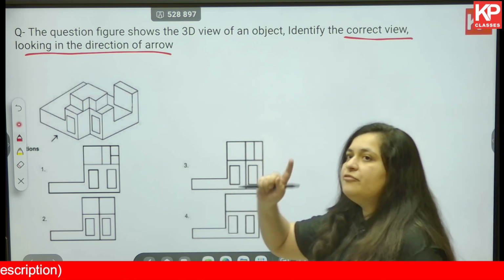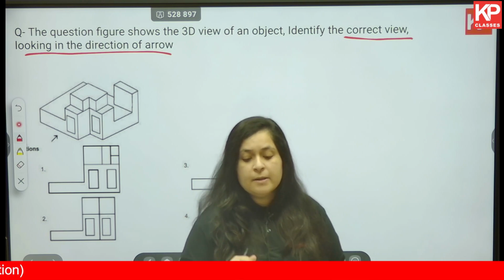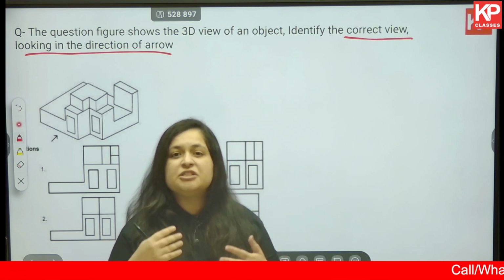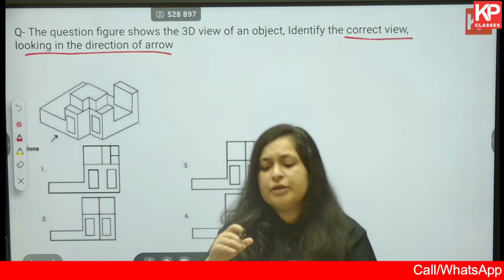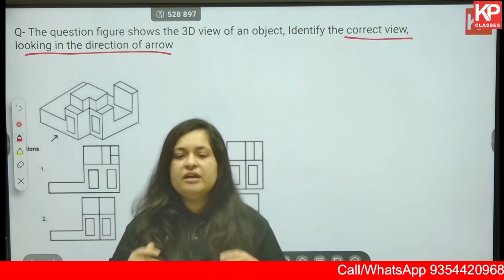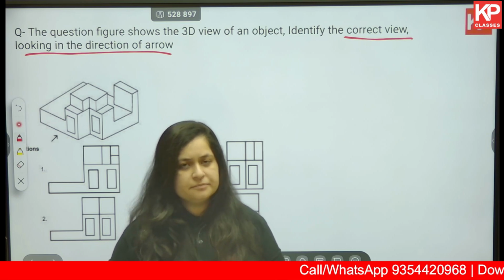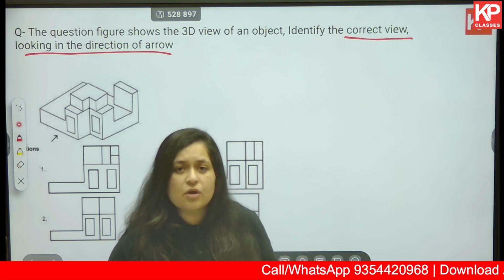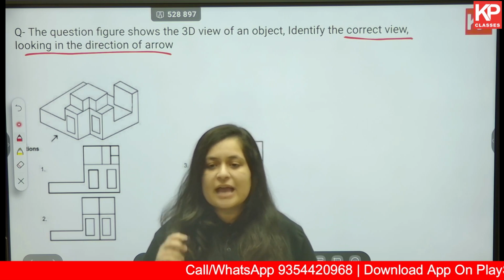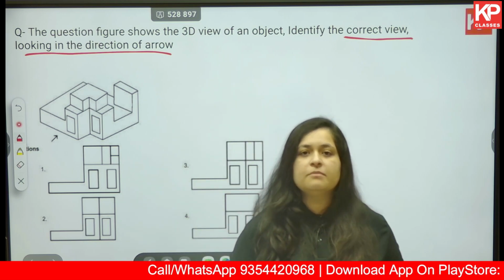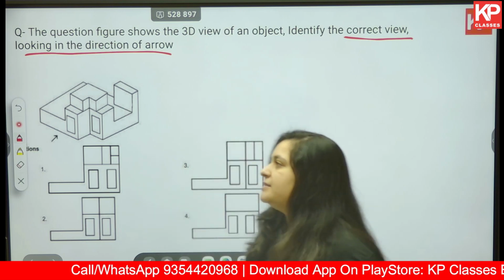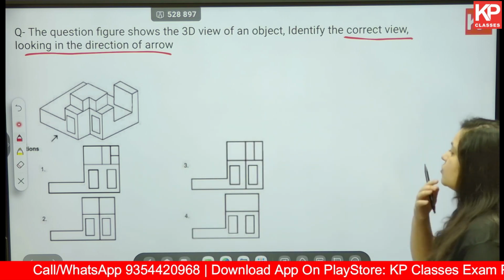Okay, now in the first question we went by the method. We saw the object and we drew the elevation ourselves or the 2D form of the plan we drew ourselves, and then we checked which one matches it. There is another way to solve this type of question, which is what? Directly look at the options and start eliminating which does not make sense or which you are very sure that cannot be the answer. So this is the second method of going around it. Let us go by that.